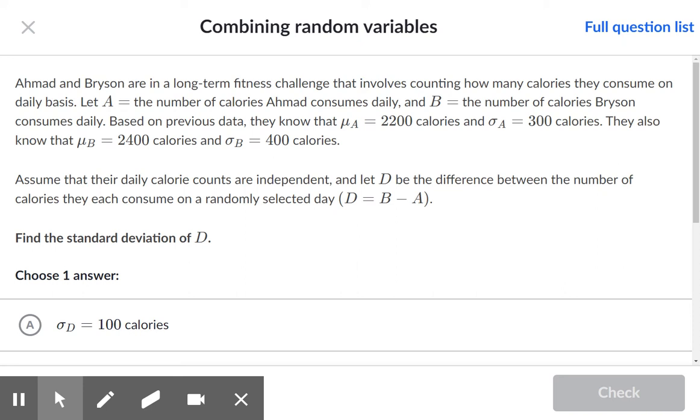So to get standard deviation of D, since we know that variance is the square of standard deviation, to get back standard deviation we have to take the square root of variance. So we take the square root of 250,000,